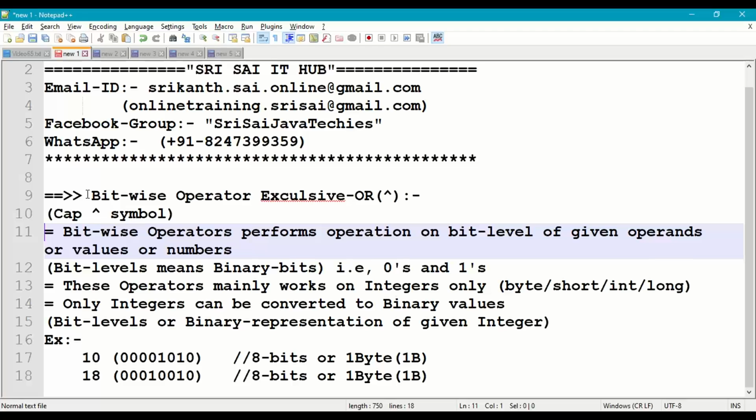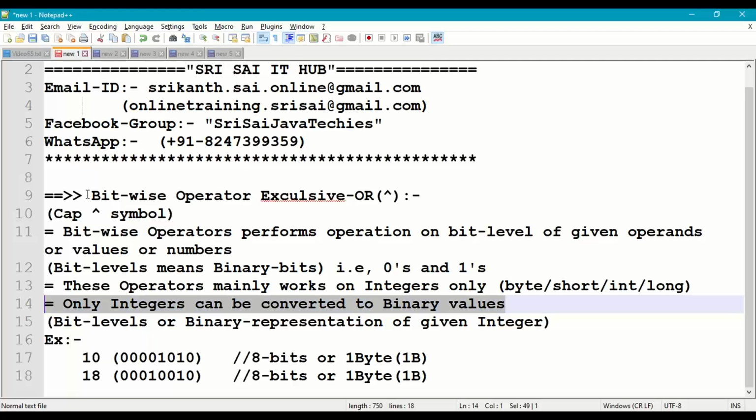So first of all, bitwise operators perform operations on bit levels of given numbers or operands or values. Bit levels means binary bits of a given number, zeros and ones. Hence these operators work mainly on integers only: byte, short, int, long.